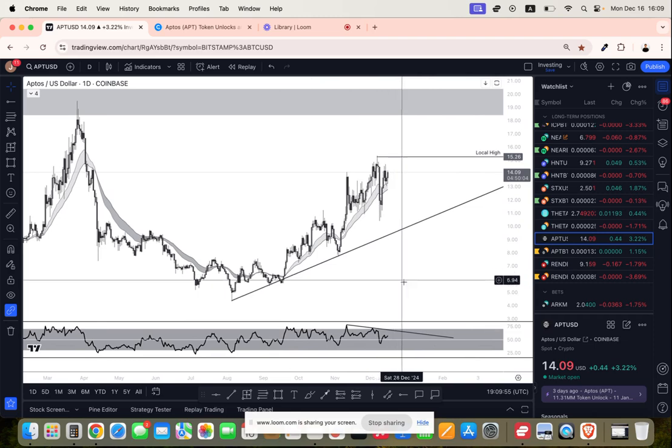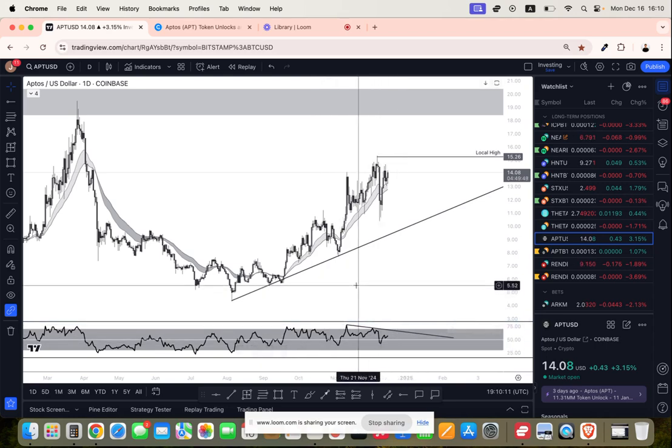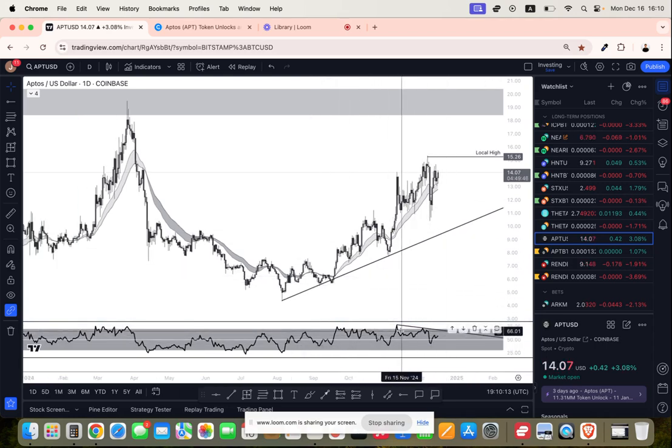Now, this can be invalidated with RSI breaking above this trend line. So if you go to the daily time frame, stick the RSI on your chart and draw this line. If you set an alert on the breakout of this line, that would signify an invalidation of this bearish divergence. But for the moment, it still remains active, and therefore until that is broken, I would expect APTOS in the immediate short term to be chopping around sideways like it has been doing,